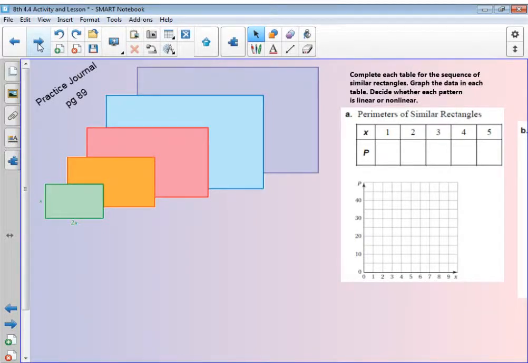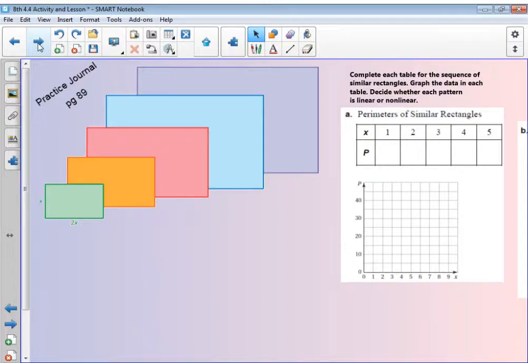Working with linear versus nonlinear functions. Remember, a function is when we can set up and something happens to our x to create our y. So today what we're going to do is look at a couple of examples. Here we've got some rectangles, and we're going to complete the table to show the sequence that's happening between these